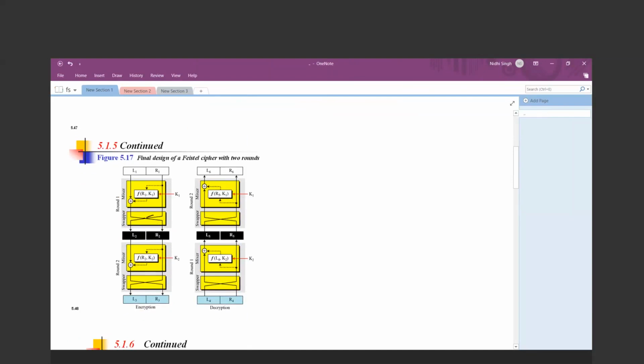The next round will be the same as the previous round. Whatever output is generated from the left hand side will go to the right one, and whatever output is generated from the right hand side computation will go to the left one. So in this case, my diffusion property will hold properly. And we cannot find the relationship between the plain text and the ciphertext because it is mixed up over rounds and we are doing swapping also. So mixer and swapper both will be part of the final design of the Feistel cipher.